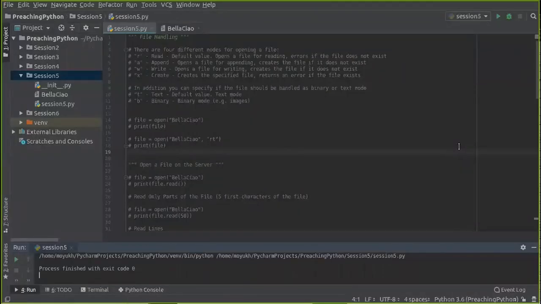In my last session, I introduced you all to file handling. Now, in this session, I'll be giving you a deeper insight into file handling. There are 4 different ways of opening a file. They are basically of 4 categories: R, which stands for read mode, A stands for append mode, W stands for write mode, and X stands for